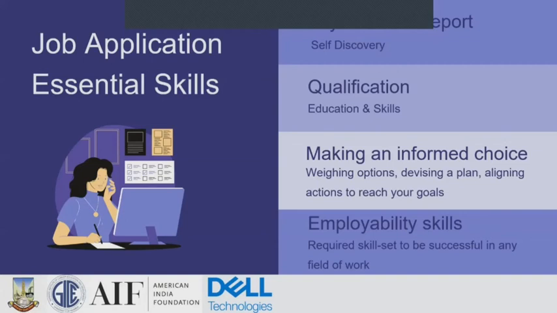Now let's look at some job application essentials. We tend to plan a lot of things. Say, for example, if we want to go for a movie with our friends, we start planning, right? You start planning which movie to see, in which theater, what are the show timings, what is the ticket price, with whom will you go.